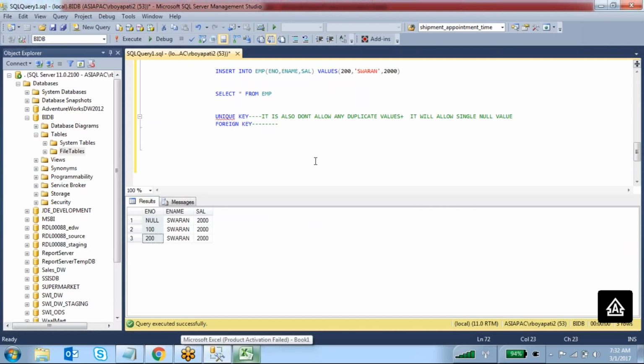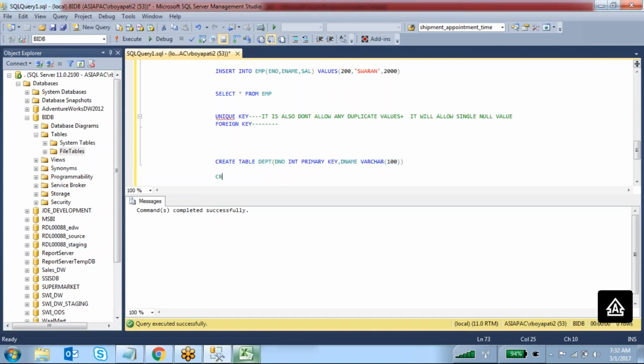Right. So first I am going to create a department table: create table DEPT, department number integer primary key, comma, department name varchar 100.